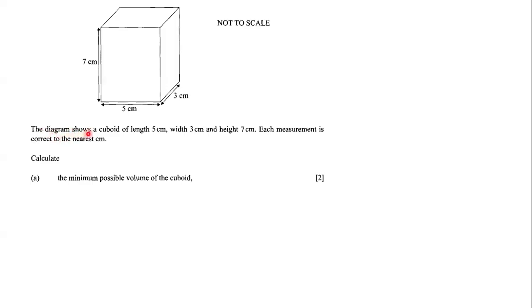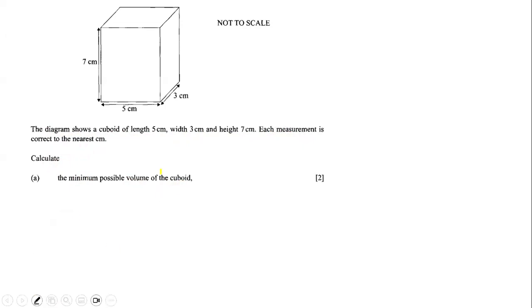The diagram shows a cuboid of length 5 centimeters, width 3 centimeters, and height 7 centimeters. Each measurement is correct to the nearest centimeter. Calculate the minimum possible volume of the cuboid. Now, in general, the volume of a cuboid is going to be equal to